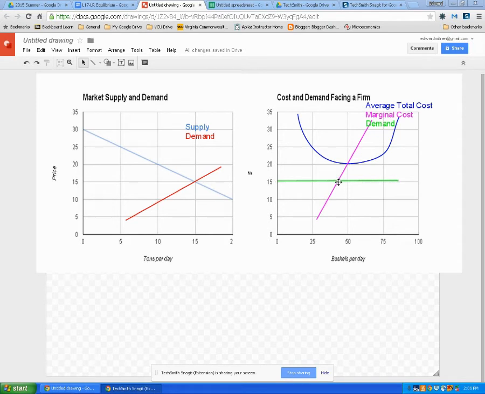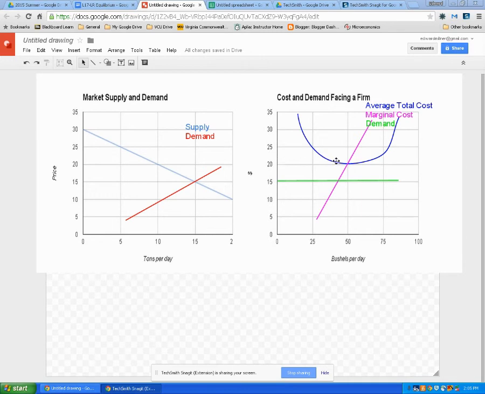We'll assume that the price is above average variable cost. This means that the profit maximizing quantity is going to be something like 40, whatever the quantity is directly below the intersection of the green curve and the purple curve. At that quantity, price is below average total cost. So the firm is suffering a loss on each unit that it sells, and its total loss is the area of the rectangle bounded by the quantity it's selling, the average total cost curve, the demand curve, and